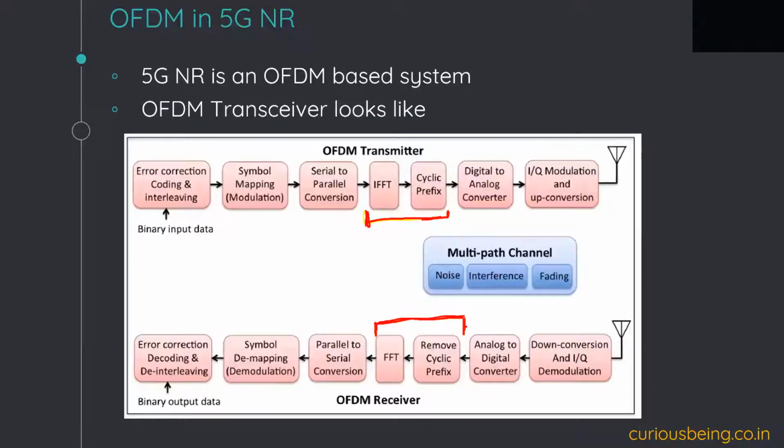Yes, there can be some extra blocks for more processing, and we are emphasizing the OFDM part. If we go with 5G NR or with any other system, there can be some plus or minus on the blocks on the right and left. For example, for the 5G data channel, the error correction coding will be LDPC. For the control channel, it will be polar coding, and so on. And for LTE, it is, I think, turbo coding. But with this, I want to emphasize that we have the IFFT block, cyclic prefix, and so on.